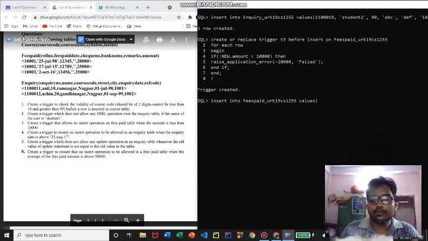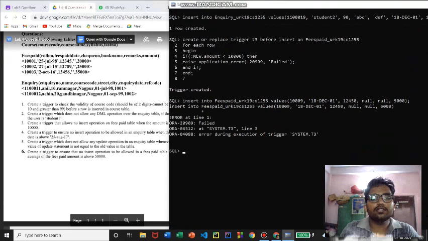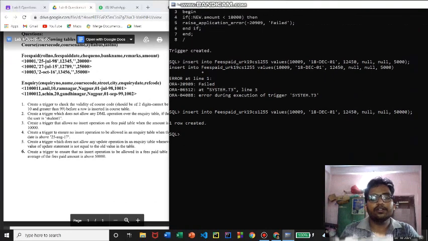First one, let us give 10009 something, and the date, let us give it as 18 December 01, and the cheque number, let us give something like 010125, a 5-digit number, and we have bank name, remarks as null, and the amount we'll give it as 5,000. And now we can see it has raised an error because the amount is less than 10,000. Now we give 50,000. Now we can see the row has been created. That is how it works.